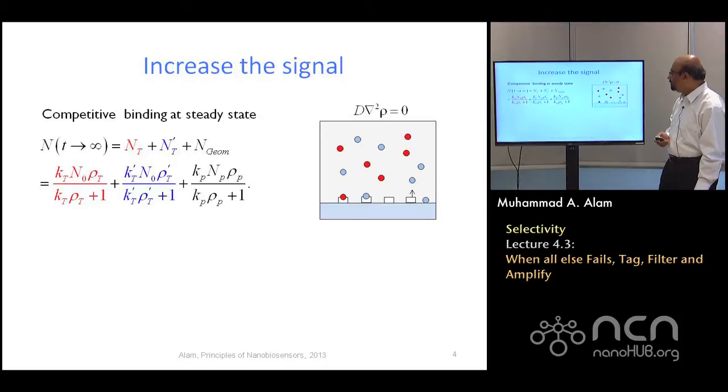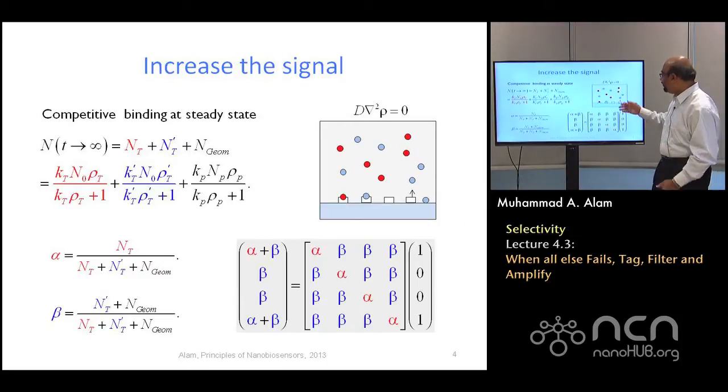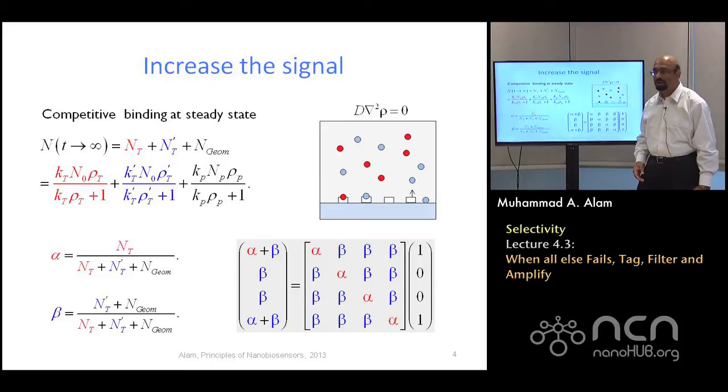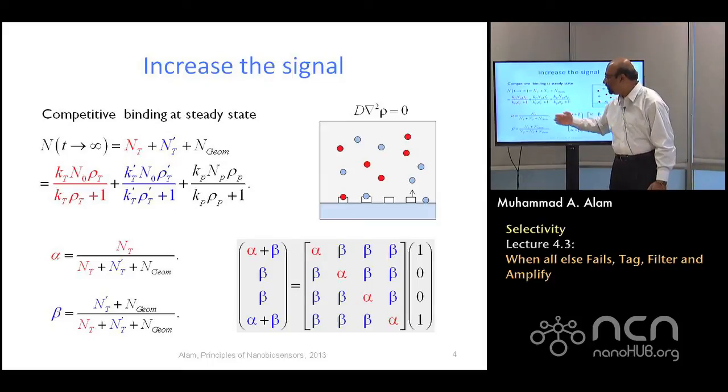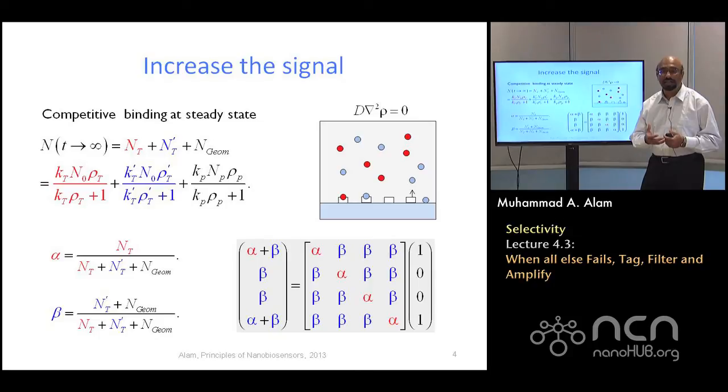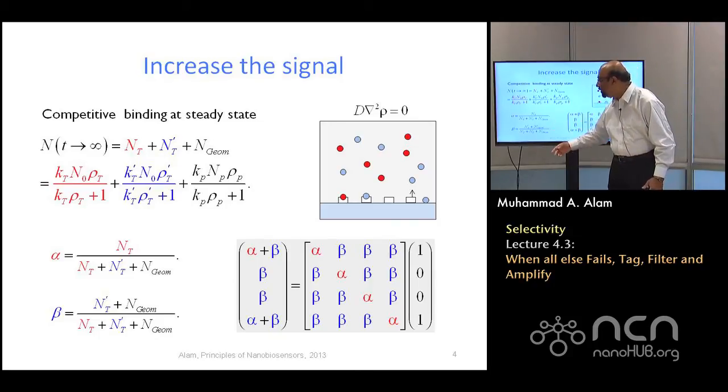Now, as I just mentioned, if we have more of these red molecules, then what will happen is that the coefficient alpha, which is the fraction of the right molecule divided by all the molecules that have been captured, will go up, and the beta, which is the false positive, will gradually go down, because as soon as I have very large NT, the beta is inversely proportional to NT. So the larger the number of signal molecules, the lower the beta will be. Of course, the beta will also get smaller if I can somehow reduce NT and N geometry.